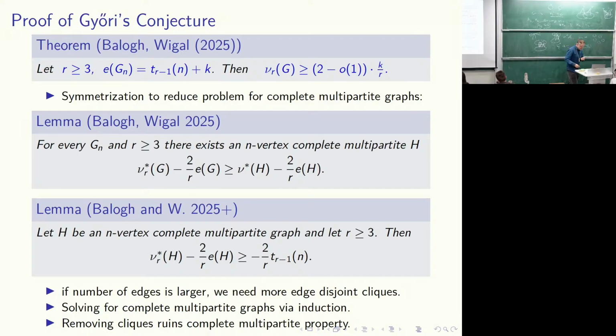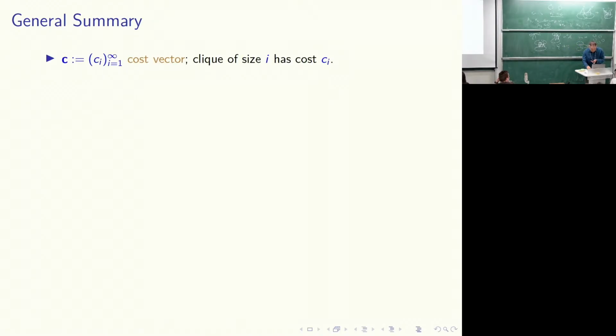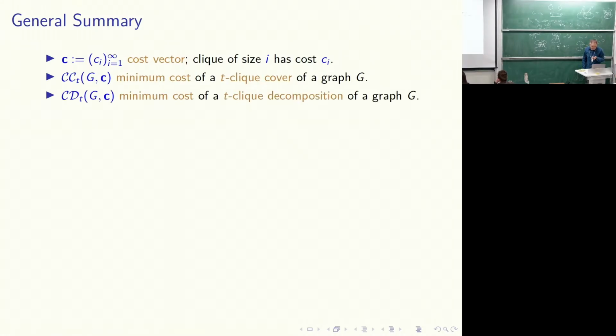But the proof is not that long. If somebody wants to look at it, maybe we can read it. I try to keep some ideas about the proof of the other result, when we can decompose into arbitrary cliques. So recall that we have a cost function, and now I